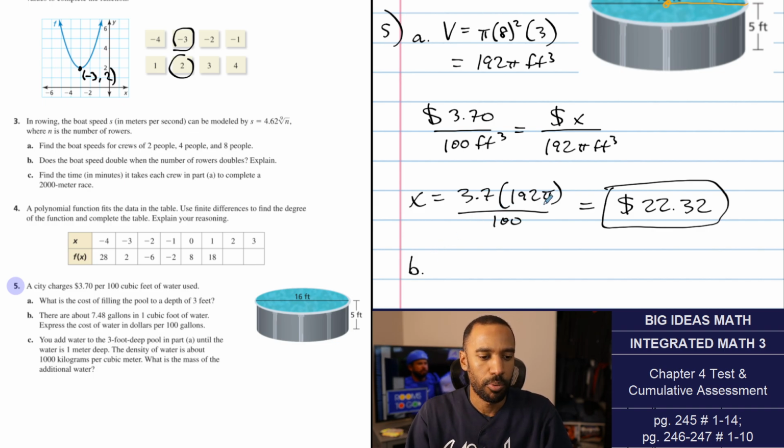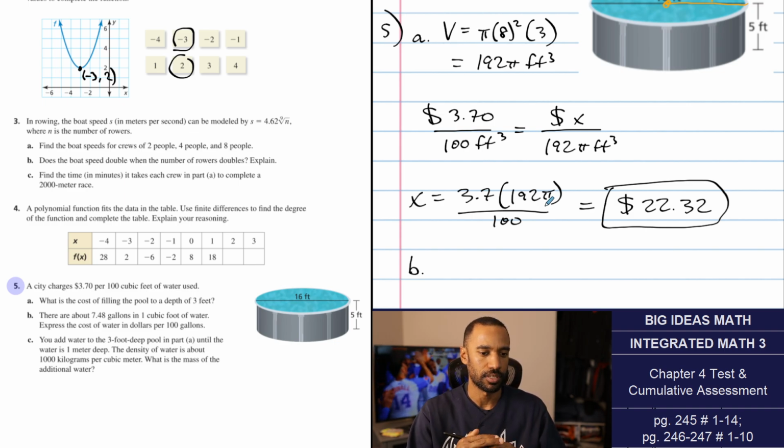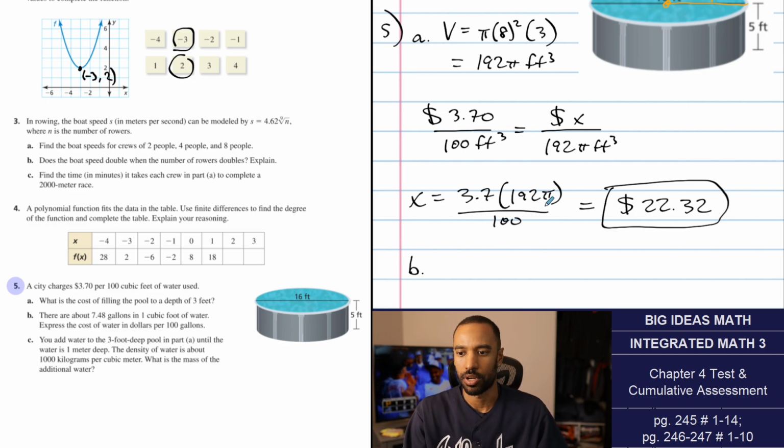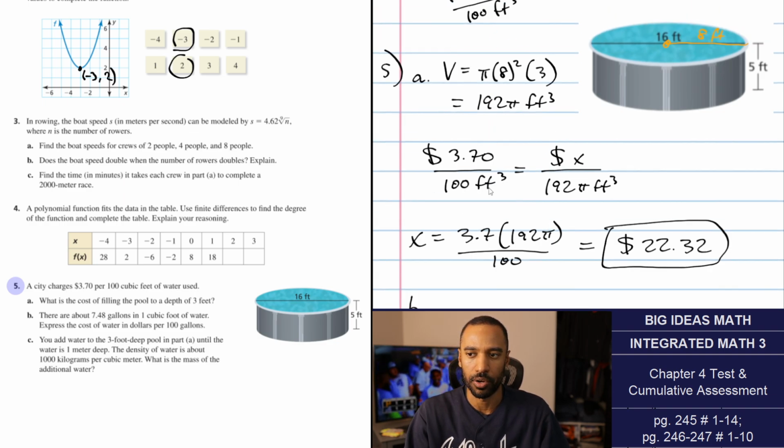There are about 7.48 gallons in 1 cubic foot of water. Express the cost of water in dollars per 100 gallons. Okay, I don't think that has to do with our depth of 3 feet. It just says per 100 gallons. So